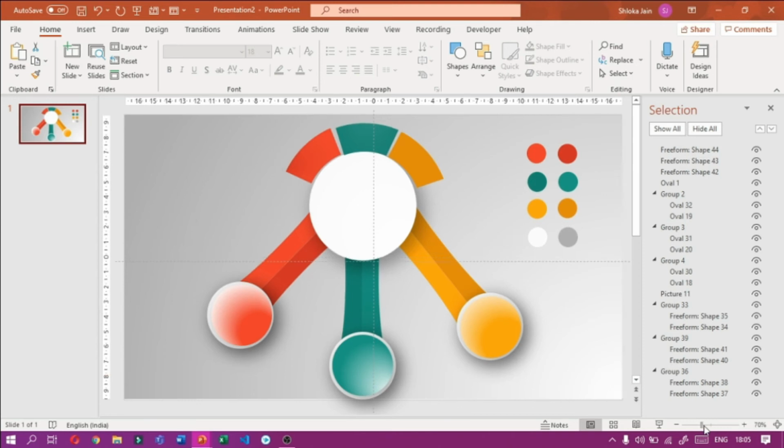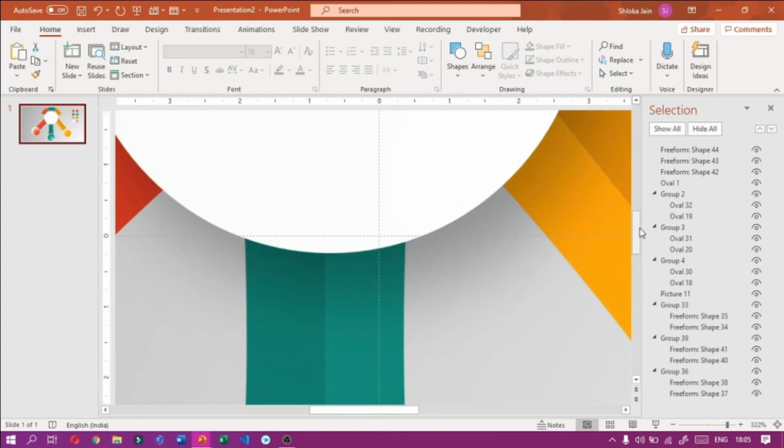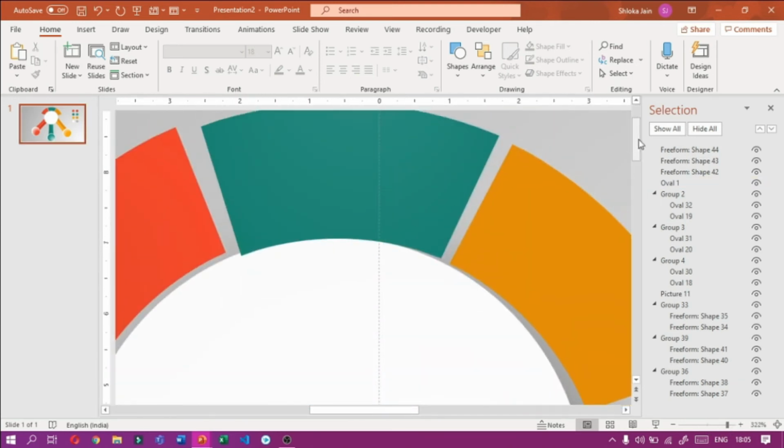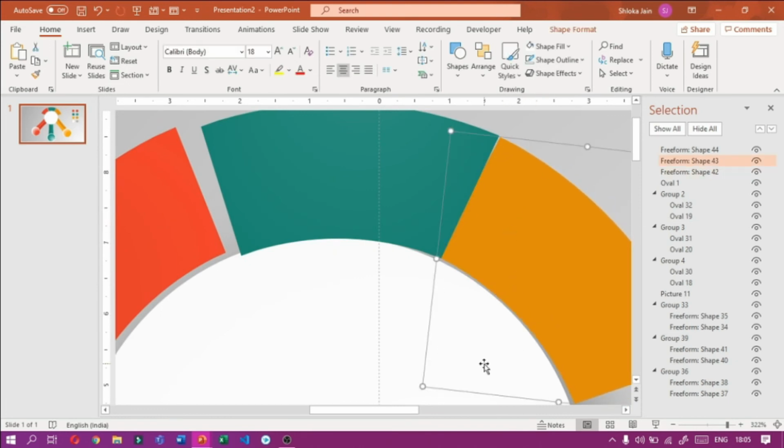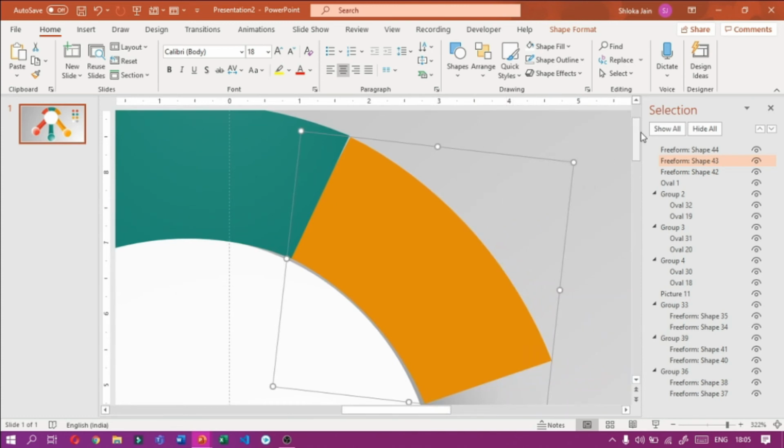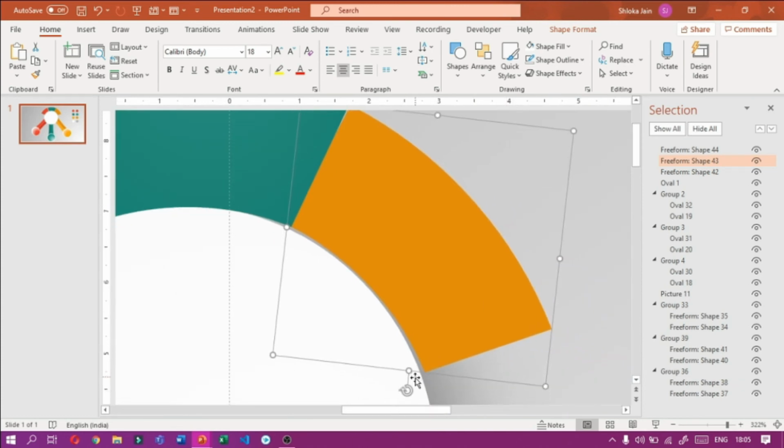Then zoom in, go at the top where all three shapes are, and here I can adjust them properly.